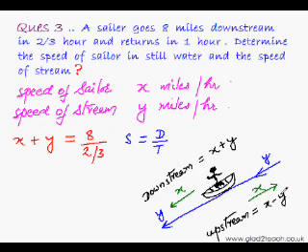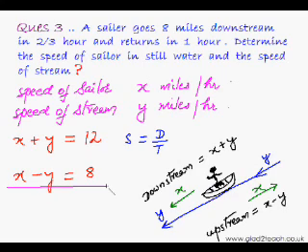Once again, speed equal to distance divided by time, that is 8 divided by 1. But we need not write 1 as it makes no difference. So now we have got the two simultaneous equations, and we can further simplify this fraction. 2 4 times is 8, and this 3 will get multiplied with 4. So 4 3 times is 12. So we can put 12 over here.